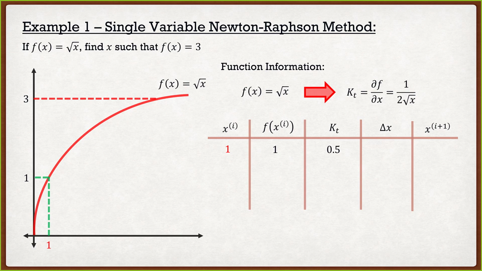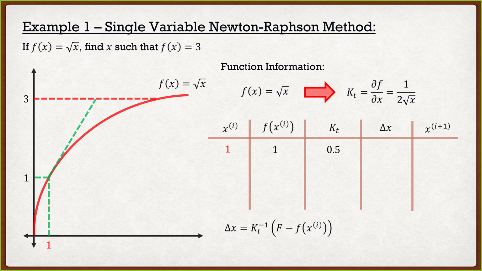Now what this means in the graph is at that point there, we just drew a tangent line. A nice, simple tangent line. And we extend this tangent line up until it hits our desired value of 3. All right, so from here, we're going to find out what that increment is. That distance between our initial point and the point where our tangent line hits our desired value.